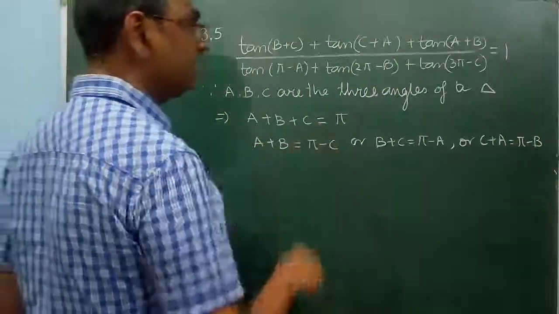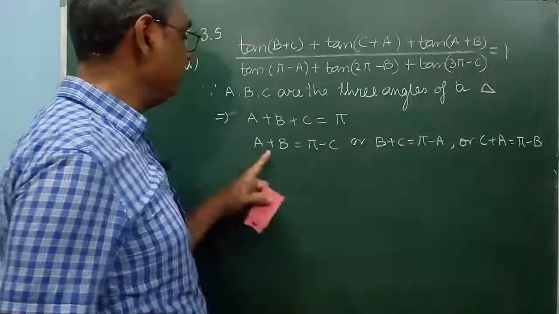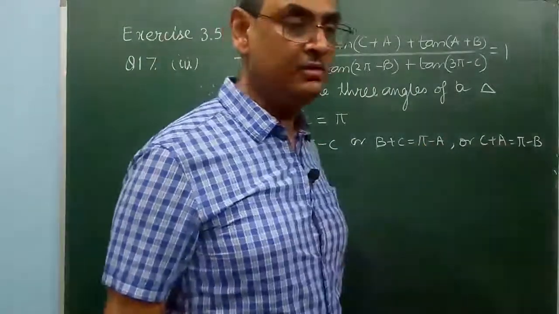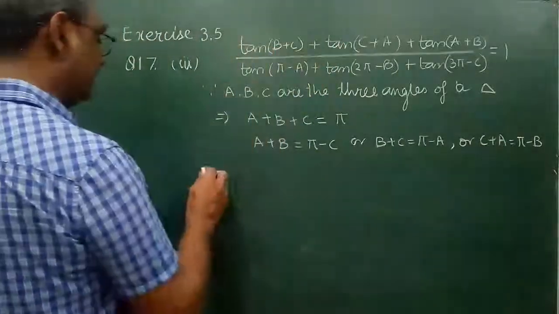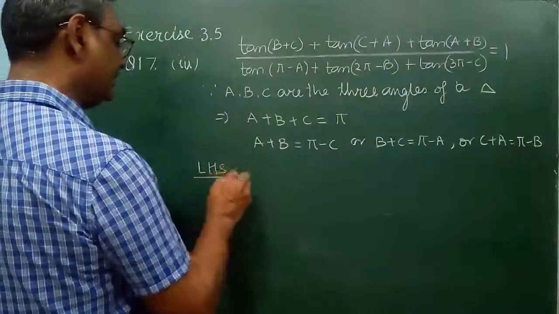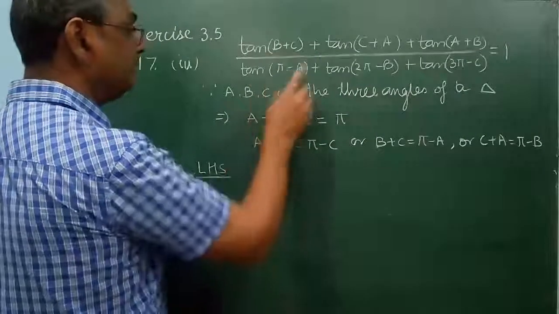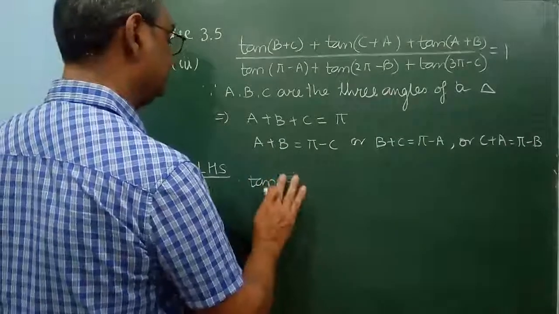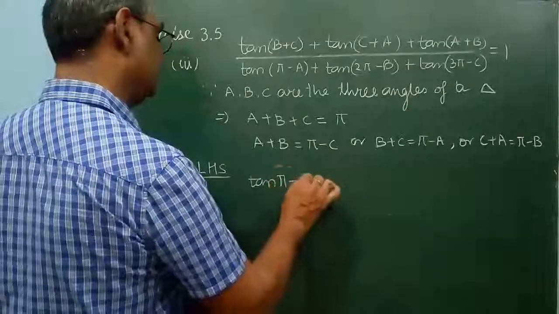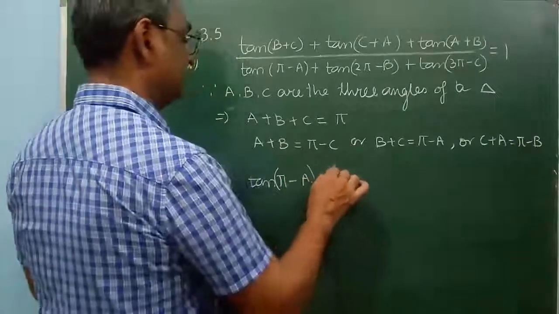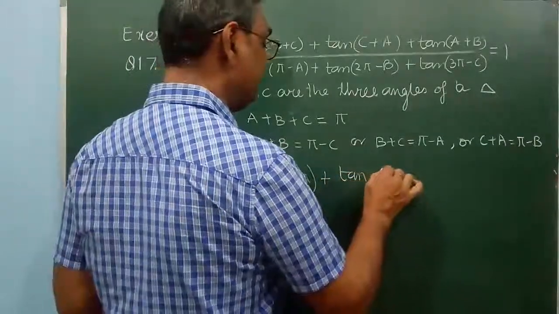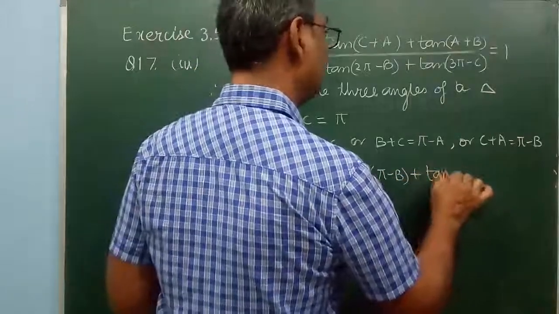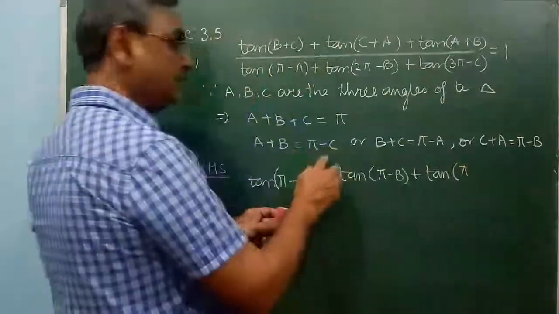This is already there because these three are the angles of the triangle. So, A plus B equal to pi minus C, B plus C equal to pi minus A, or C plus A equal to pi minus B. We can place the value here. We can write LHS tan B plus C. B plus C we can write tan pi minus A plus tan C plus A we can write pi minus B here plus tan A plus B we can write as pi minus C